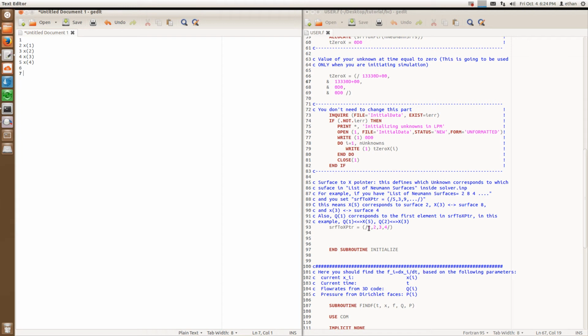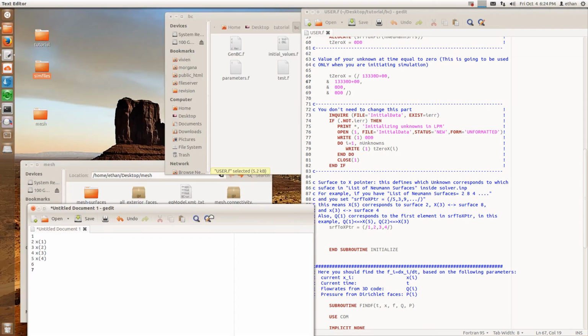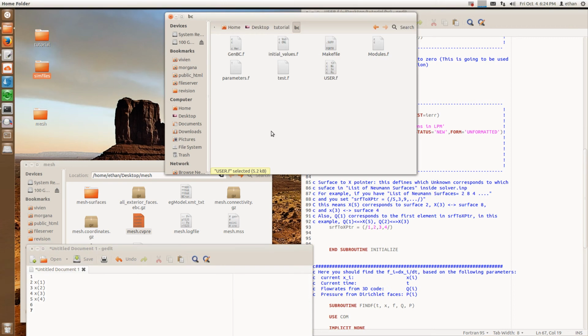And so what this line does is that it connects the unknowns here to the actual surface that you're trying to prescribe. And the way that happens is that, remember in our solver file,